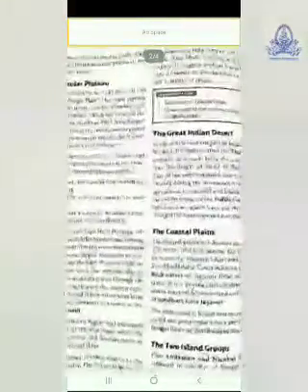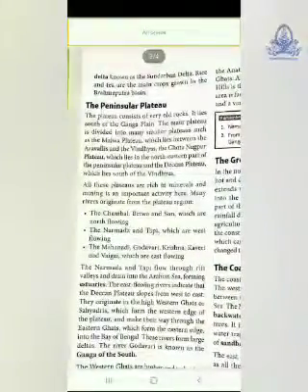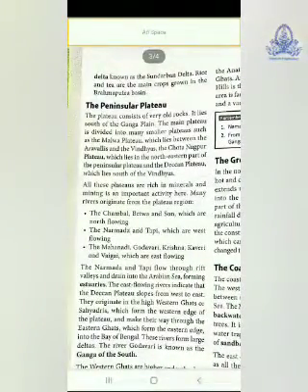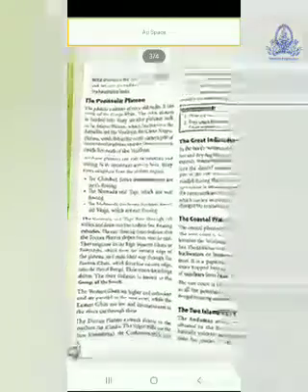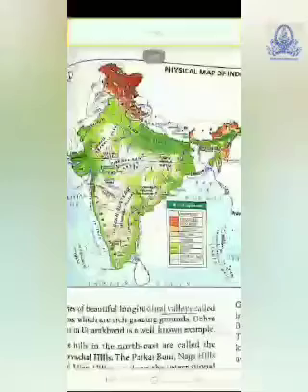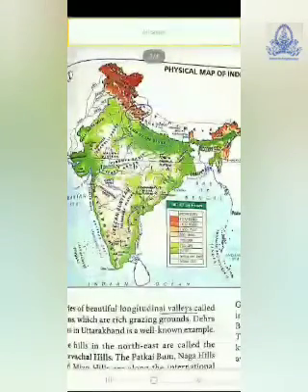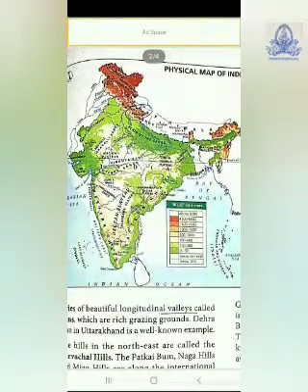Now what is the Peninsular Plateau? This is our first landform, that is mountain. Second, we learned about the northern plain. Now the third one is the Peninsular Plateau. You can see in this map that you can find it to the south of Ganga. Okay, this Peninsular Plateau is in the south area of the Ganga River or Ganga plain, we can say. Okay, so you can see in this map the whole yellow shade, it is known as